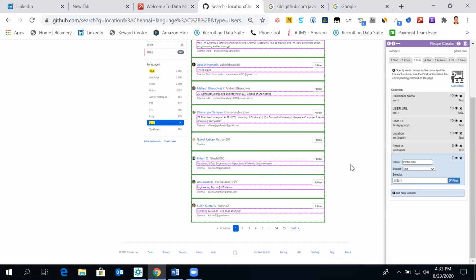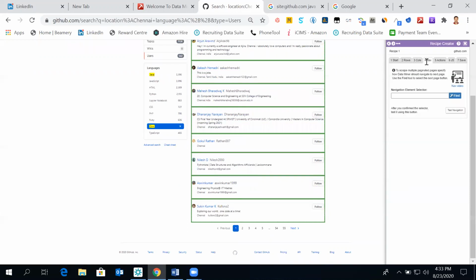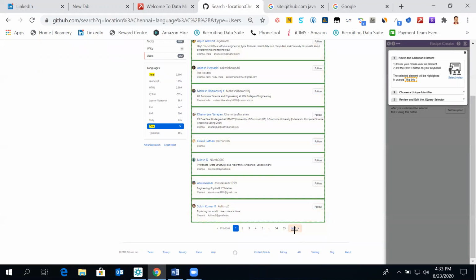After scraping the data from the first page, you should go to the next page. That is where we go to the navigation. A navigation element is nothing but an element which lets a web page go from the first page to the second page. So we say find, when we have next. Let's see in case this is successful or not. If not, why not? And what do we have to do for it to be successful?